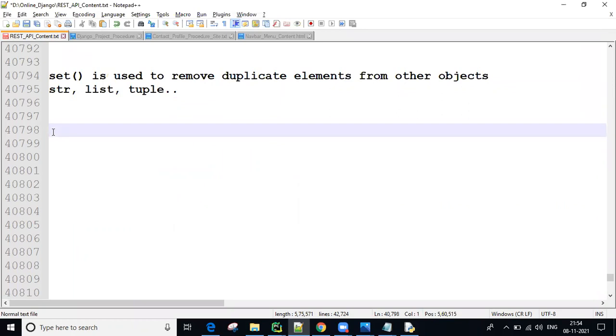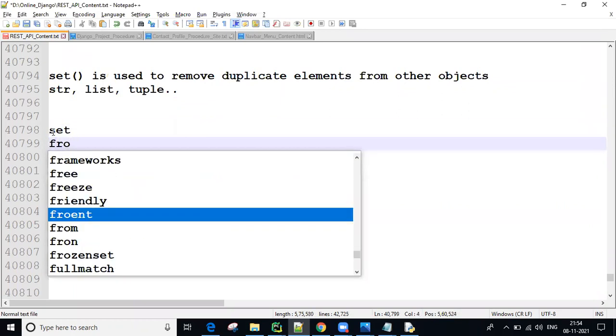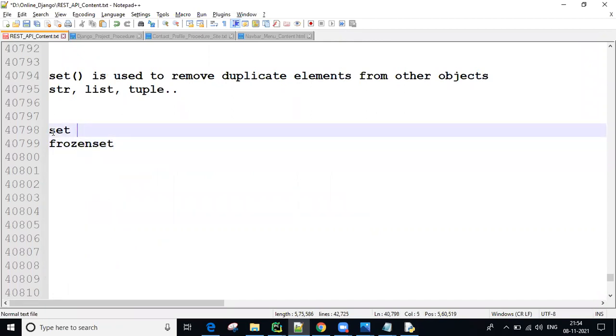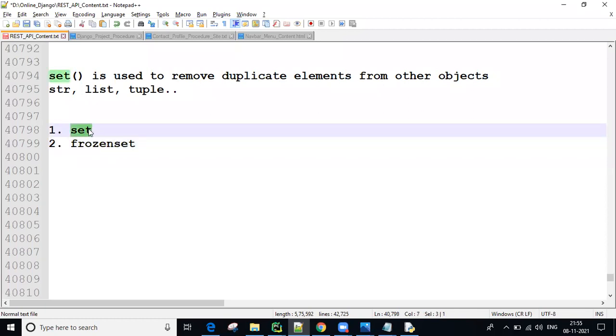But sets are of two types, guys. One is set, the other one is frozen set. So till now, what we discussed is the same for set and frozen set.